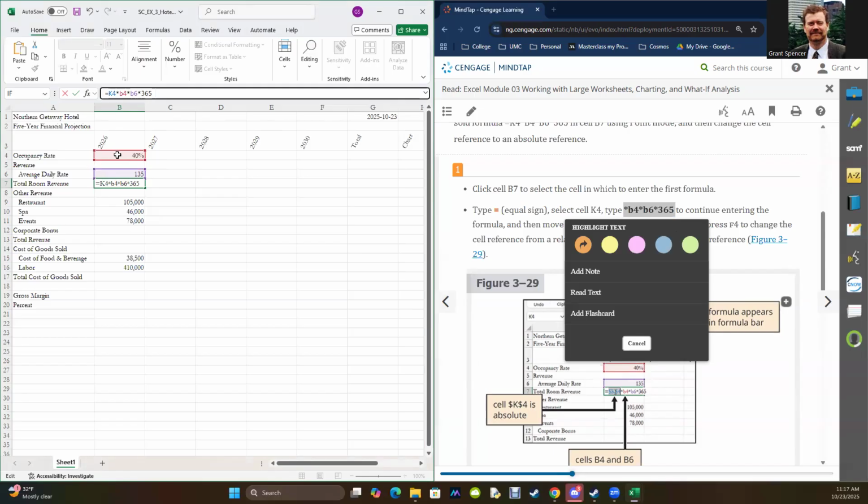The occupancy rate, which is 40%, how much each room is multiplied by the number of days in the year. Not great, by the way, because it's not counting leap years, but whatever. We're going to hit enter. Now, what I want you to notice here is that this formula, and the book will make this more clear in a minute, but this formula, if I go and I start copying it along,